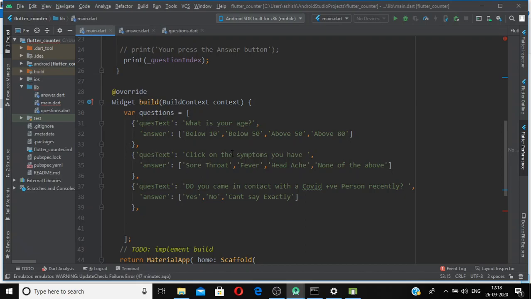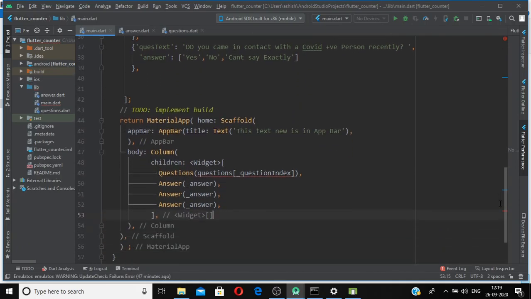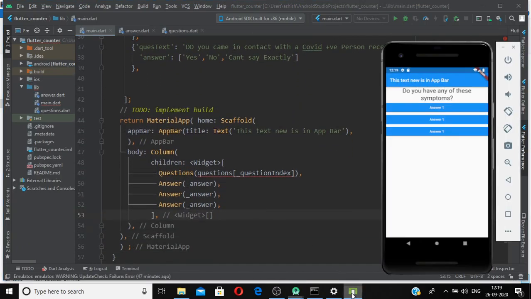Inside my second question I have 1 2 3 4 options for answer, and inside my last question I have 1 2 and 3 options. So if I have hard coded these things here, I have used four answer widgets, so it will come as four answer widgets. But this is not the case in our app.